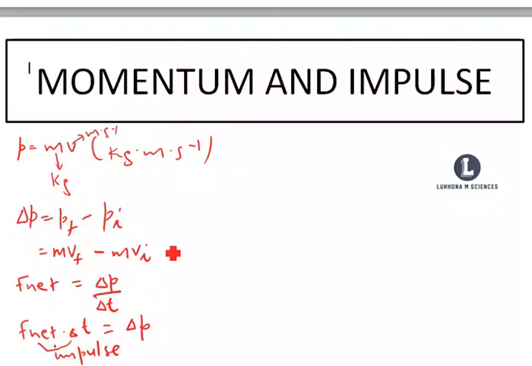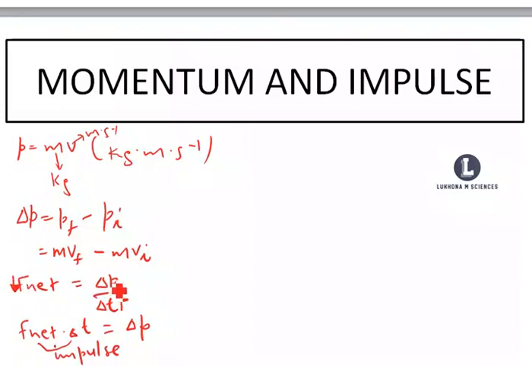Then there are applications, safety precautions, if I may. Let me make an example of a cricket player. A cricket player will move his hand backwards when he catches the ball. Why is he doing that? He is increasing the contact time, right? When you are increasing the contact time, then the net force decreases